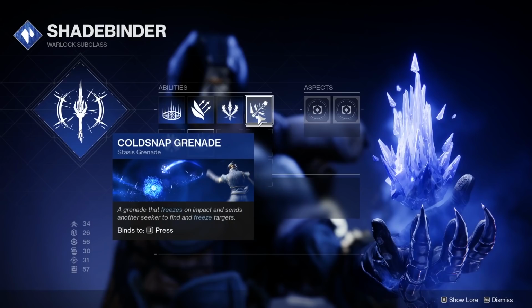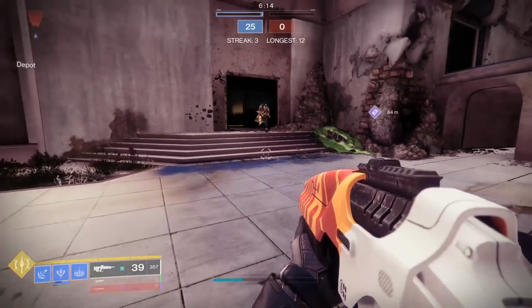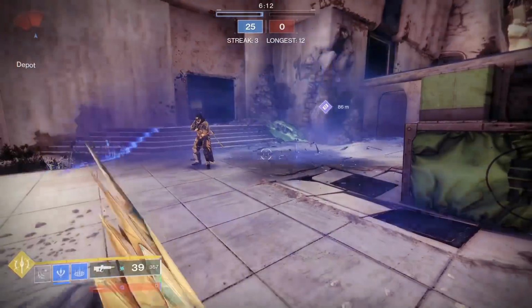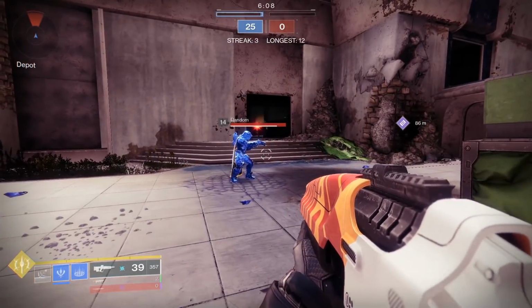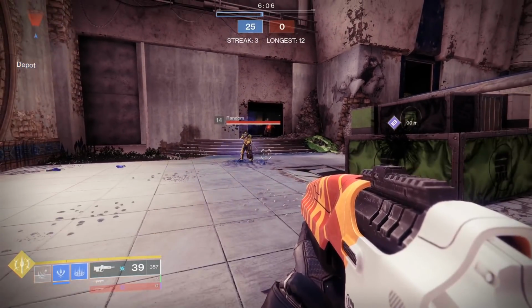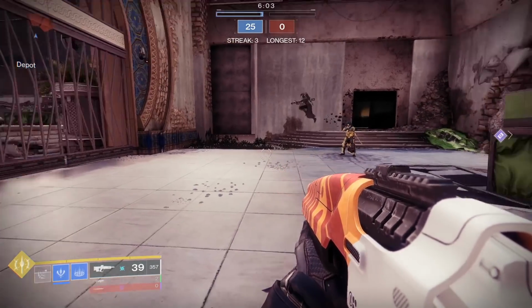The final new grenade is the Cold Snap grenade. It's essentially an icy version of the Arc Bolt. Throw it on the ground and it shoots a stream of ice along the floor directly at the nearest target. If it hits them, guess what? They are frozen. Yeah, they'll take 20 damage too, but the insta-freezing of the target is really the entire point of